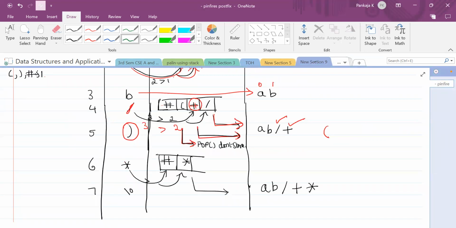If you see here, we have encountered null, but still there are some operators in the stack. So once we encounter null, we pop all the operators from the top of the stack one by one and store them in postfix. So this becomes the end of the